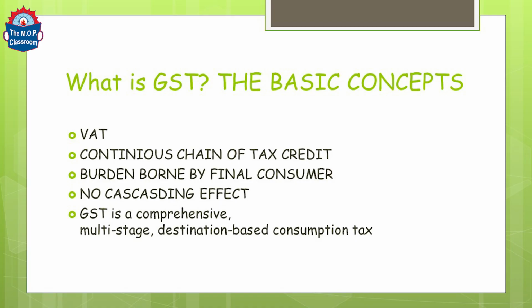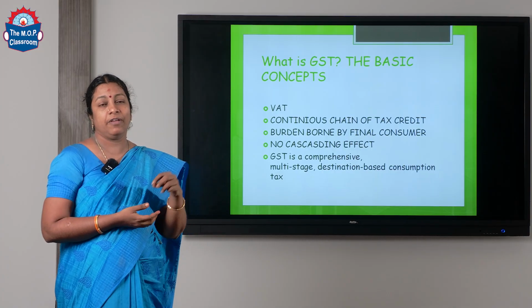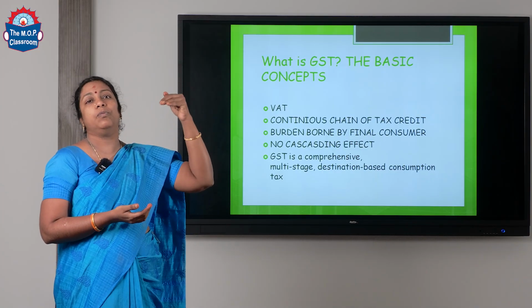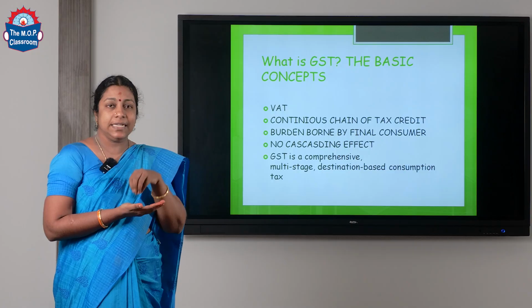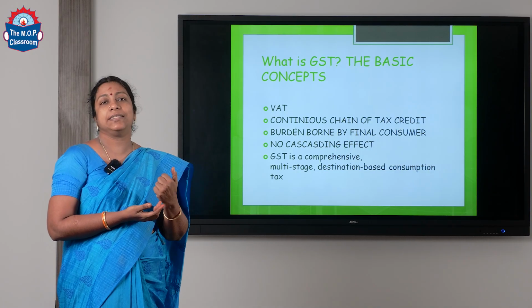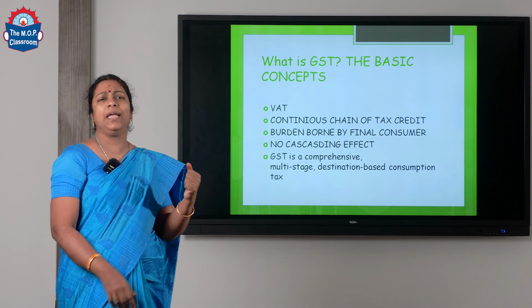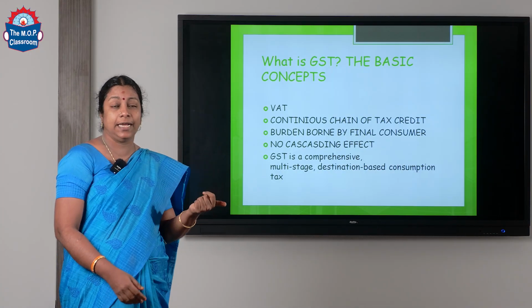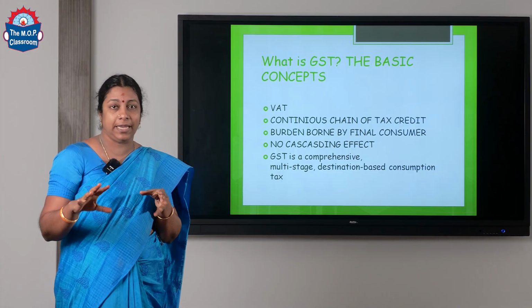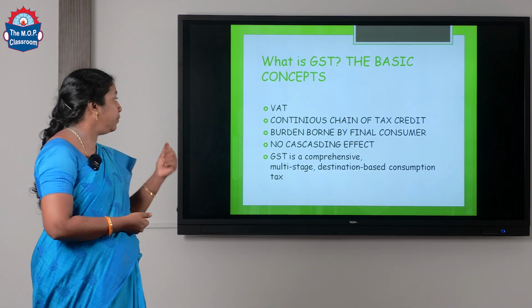The next one is that the burden borne by the final customer is being minimized by no cascading. Cascade is nothing but like a waterfall. Okay. When you flow water, what will happen in the waterfall? All the water, whatever is being given on the top will be received in the last floor. In the same way, in the previous regime, whatever tax system that was there, all the burden was falling on the end consumer. By implementing this GST, the cascading effect was eliminated or removed. Okay. So, that is one of the basic concepts that we need to understand with respect to GST.